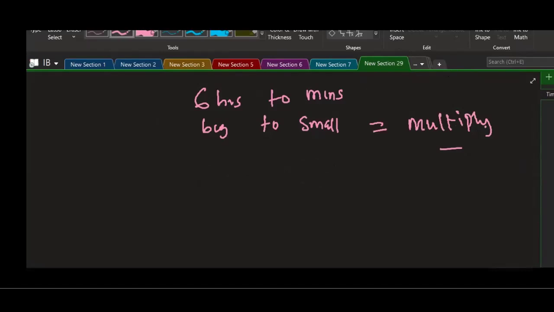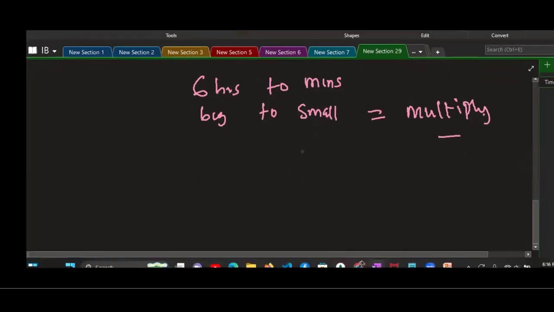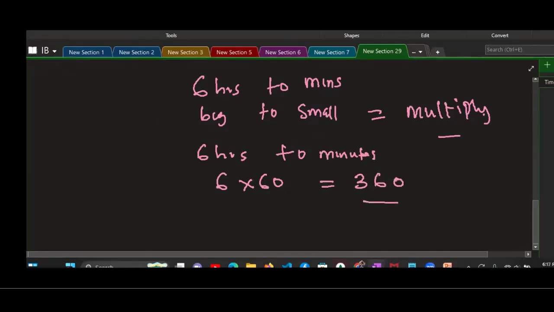Do you understand that? Yeah. Okay. So if you're converting from 6 hours now to minutes, what does that mean? It means I'm going to multiply 6 by 60 because 60 minutes make 1 hour. So let's do the multiplication. 6 times 6, that's 36. Then the method I taught you, put in the 0 in front, that becomes 360. You can also take the normal route by doing 60 times